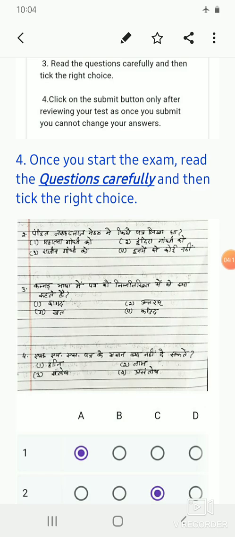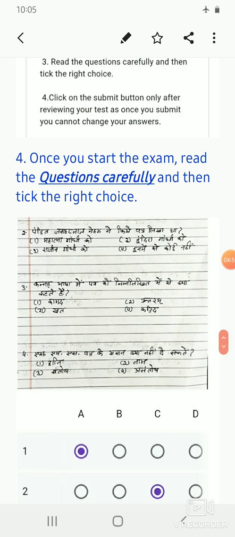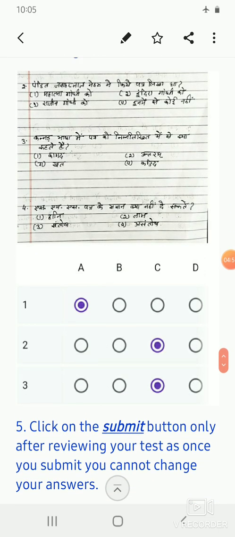You have to make sure that you read all the questions very carefully. Do solve the questions one by one. Read the question carefully, at least 2 to 3 times. Don't panic, you will have a lot of time. So stay calm and do your exam properly. Read the question once or twice, and then tick the right option. Make sure that you tick the right option, as we have done in this.